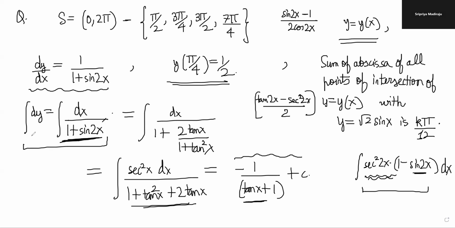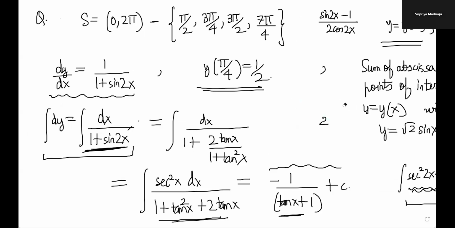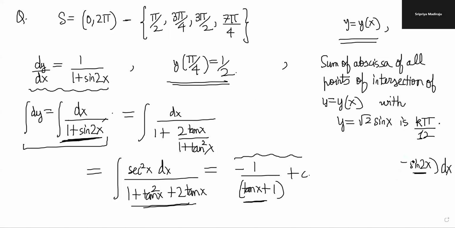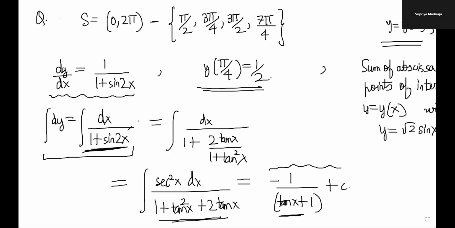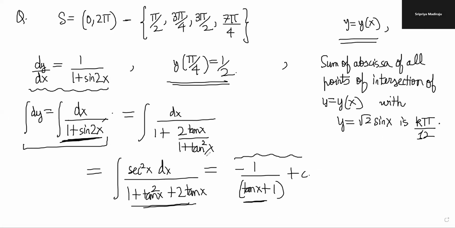It is just far more annoying, and after a lot of simplification, you will see that it's the same thing. Why would you ever do this though? Who gives ideas like this? You don't know that when you have cos 2x and sin 2x, the standard substitutions are these. Yeah, they are. But